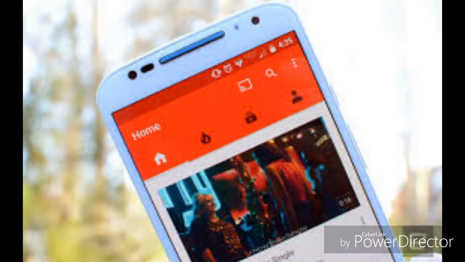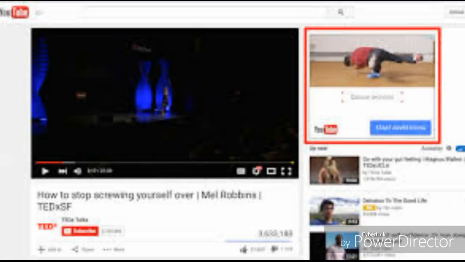Pre-roll, in-search and in-display ads. Pre-roll ads are the ads that act as a preview before the video starts and viewers can skip it after 5 seconds. In-search ads show up in the search results and are surrounded by a light yellow box. In-display ads show up on the right side of YouTube in the suggested video area. There are also third-party pre-roll ads that force users to watch for a certain amount of time. Since these don't apply to the majority, I'm leaving them out.